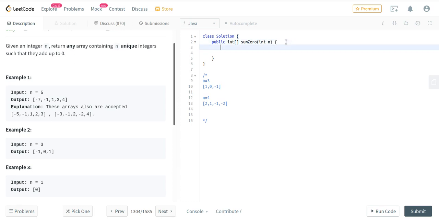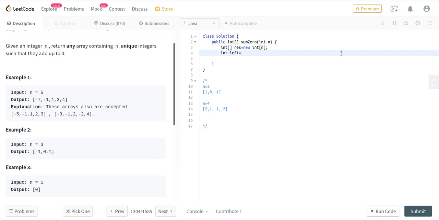So let's get started with the problem. First I'll declare an array where I'll store the resultant output, and the size of the array would be equal to n, the number provided. Now I'll declare another variable, left.